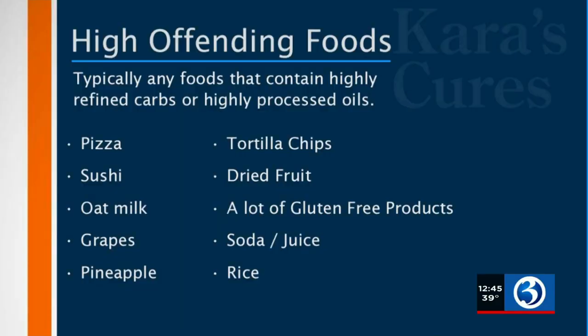Oh, actually, they put them up right now. So let me see. Here's some high offending foods: pizza, sushi. You would think sushi's healthy. Oat milk. A lot of us are opting for oat milk, but this is a food that can really spike us. Grapes. I just noticed that on mine. I had some grapes the other day. Whoosh. Pineapple, tortilla chips, dried fruit, which again we think of as being healthy, but it might really spike your